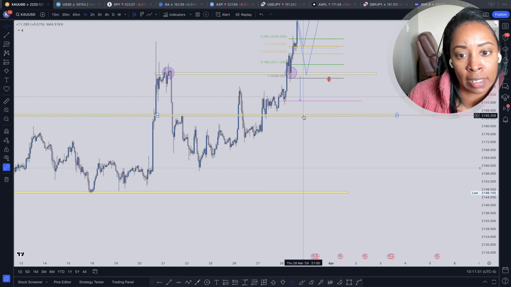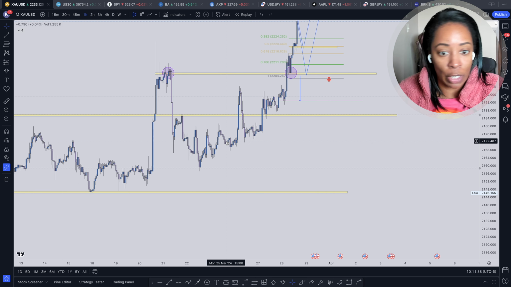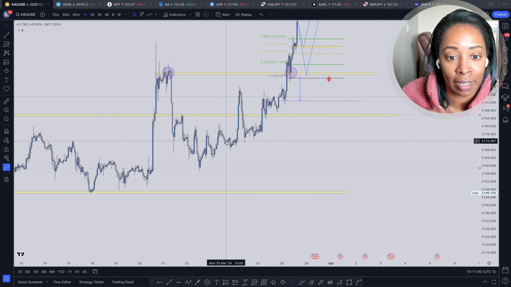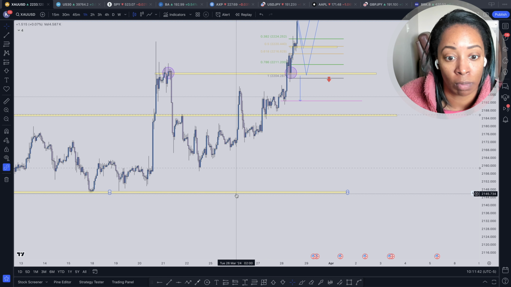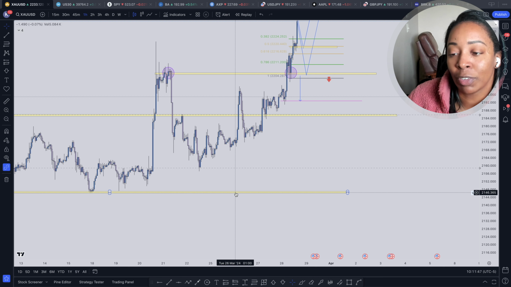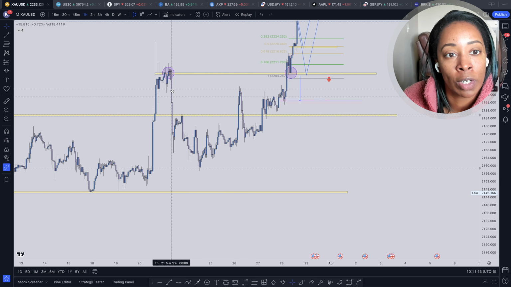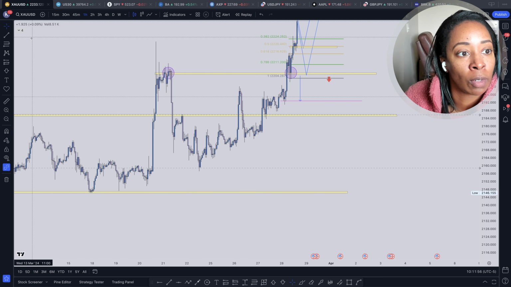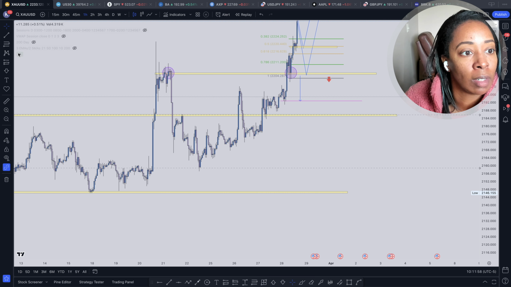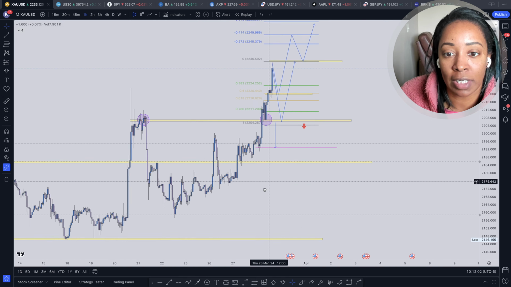This could be another idea as well below this 2185 level. But once again, you got all this consolidation. But if there's a lot of volume in the market, it'll push right past to this next strong support level at roughly 2150 kind of zone. It's really 2146 on my chart, but it may look a little bit different depending on what chart you are using. And I don't know which one I'm using at the moment. Oh yeah, because I took that off. So anyway, pretty much this is it for my analysis.